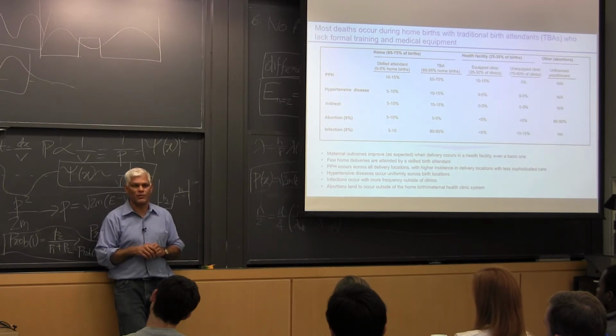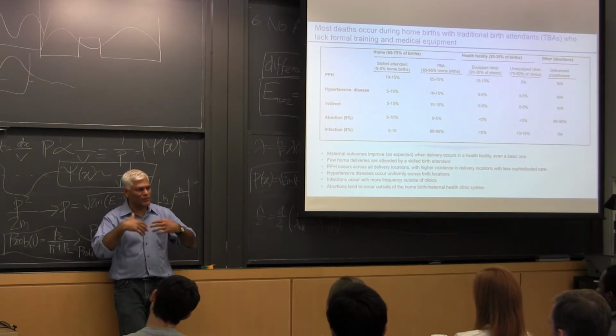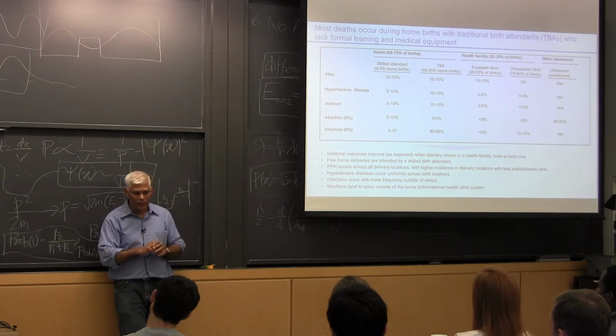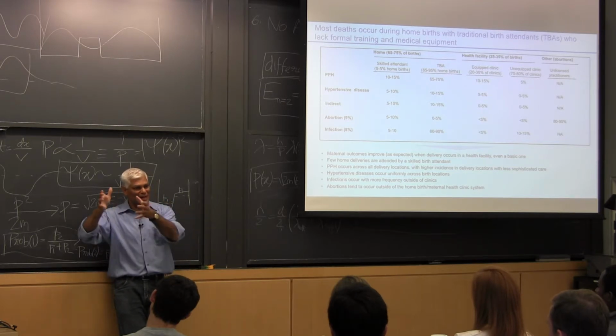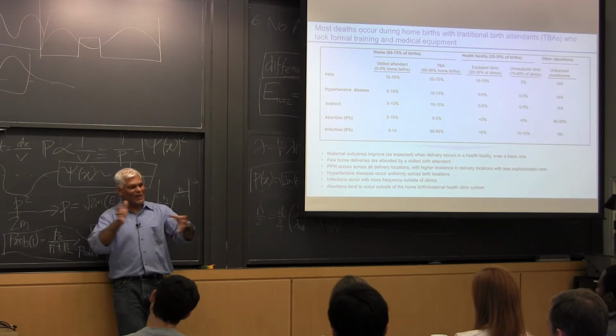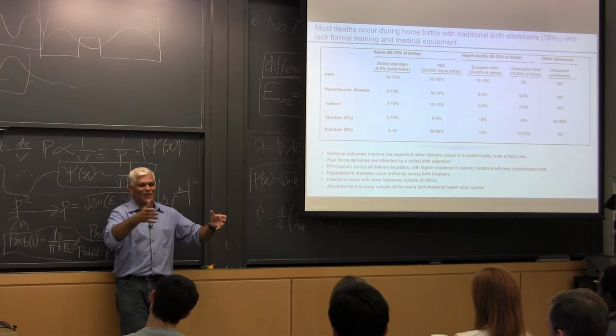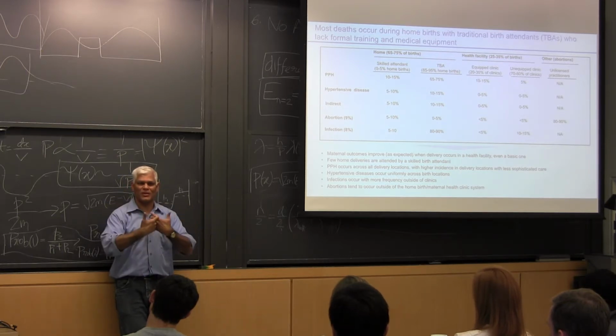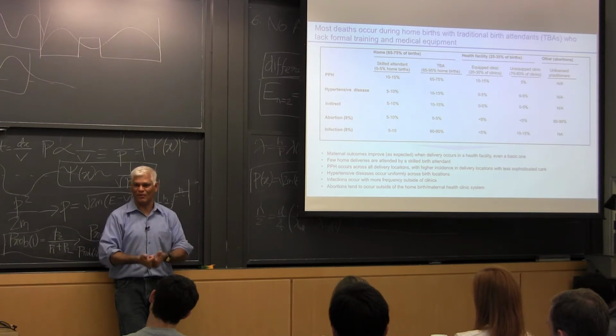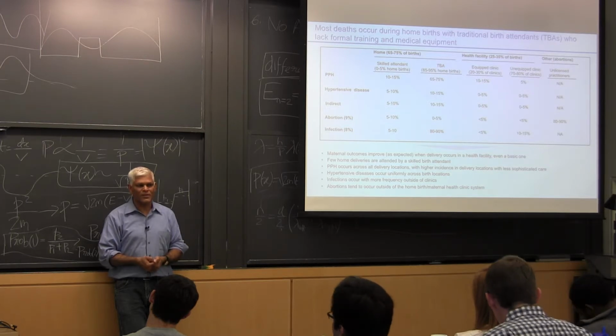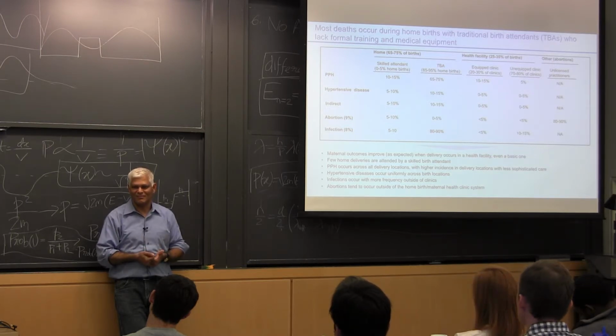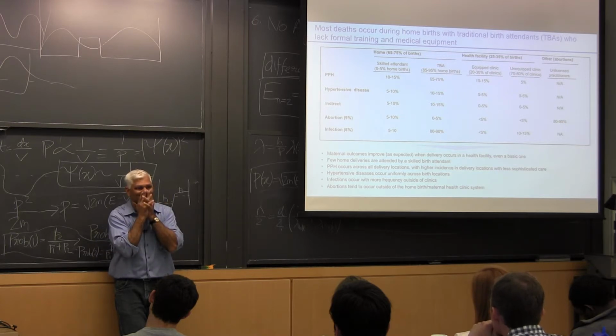One is called oxytocin. Oxytocin is called a uterotonic. Essentially, it clots the blood. And so a lot of people say, why not use oxytocin? It requires refrigeration. Again, great if we can build a $50 fridge. But it's not like these TBAs have ever heard of a uterotonic or the word oxytocin. What they're familiar with is sometimes people die. Families accept it.